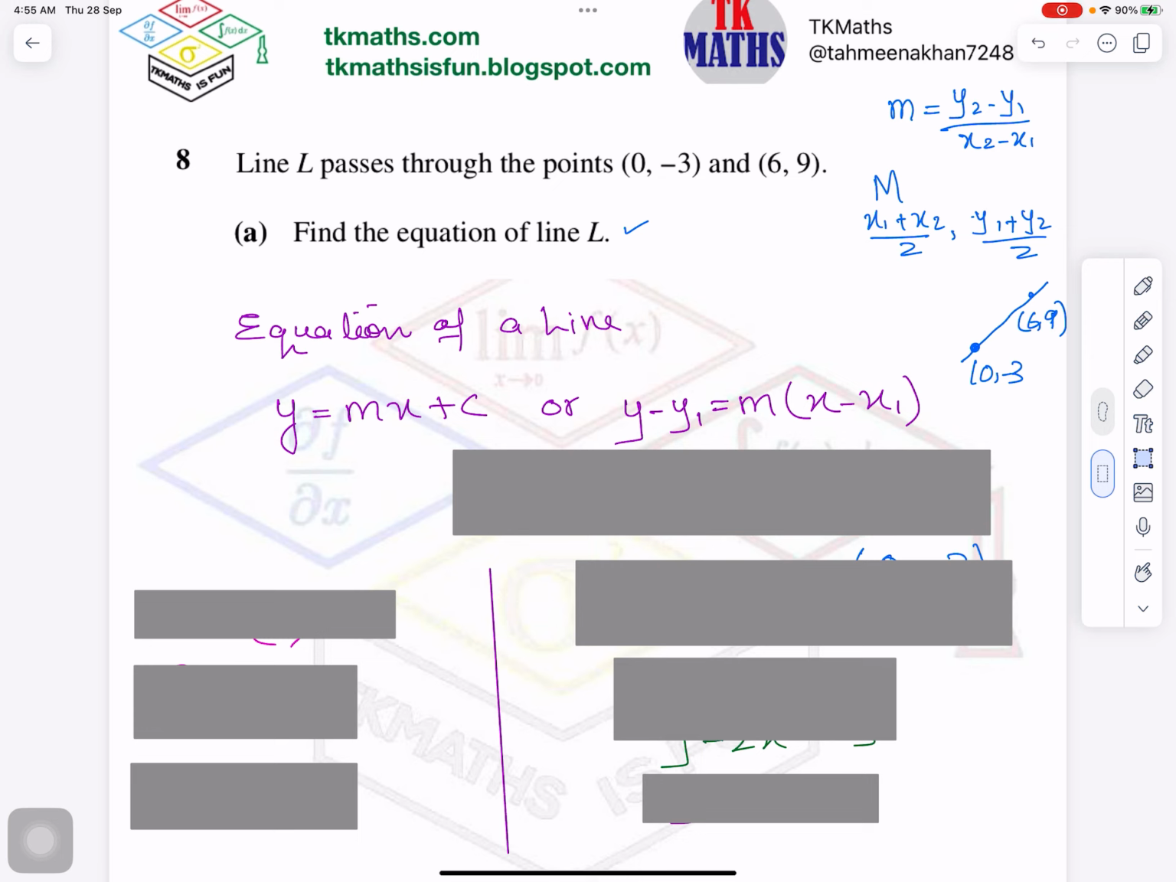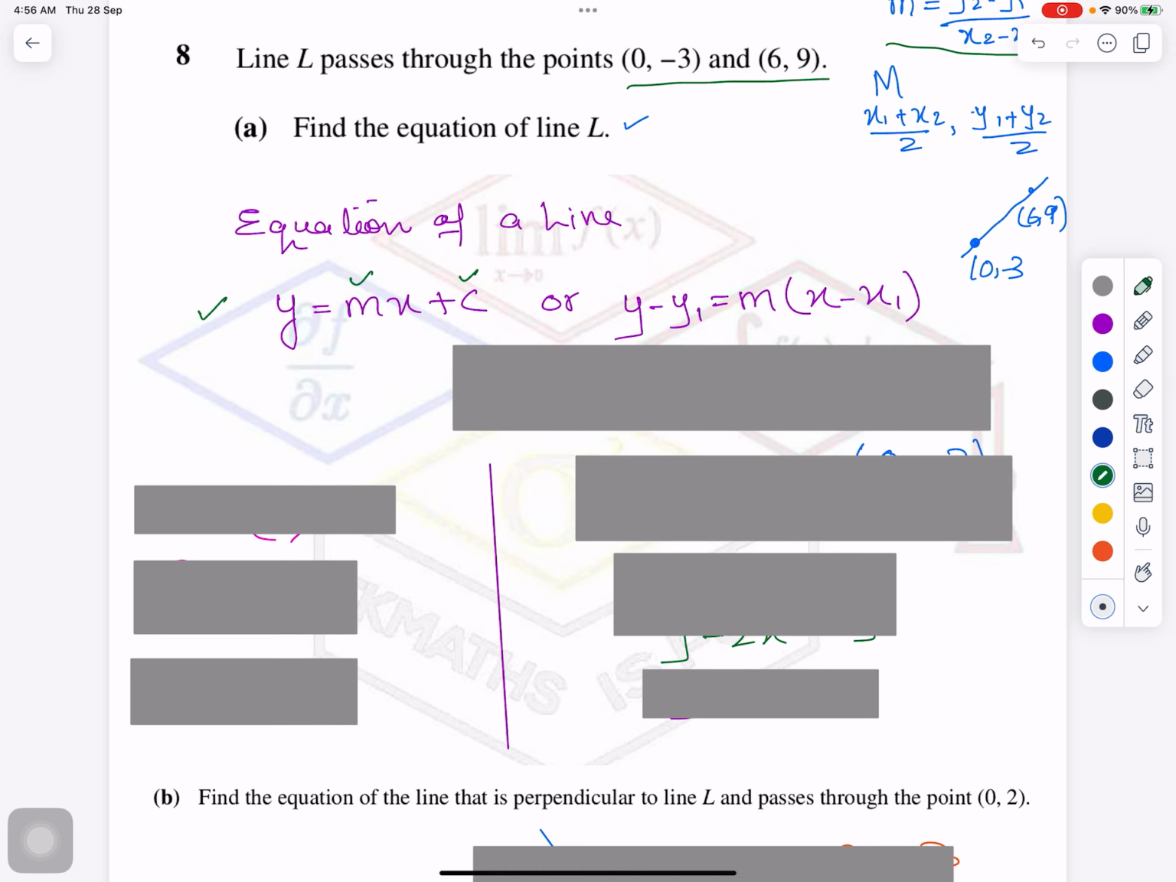If I talk about y equals mx plus c, what is this m for? Gradient. And what is this c for? Y-intercept. Let's focus on this one first. First of all, I will find m, and as I told you, m is the gradient. This is the formula I will apply on the points. So my gradient is